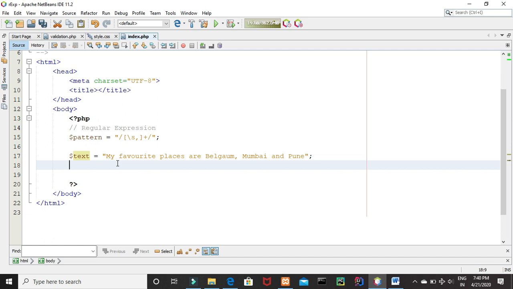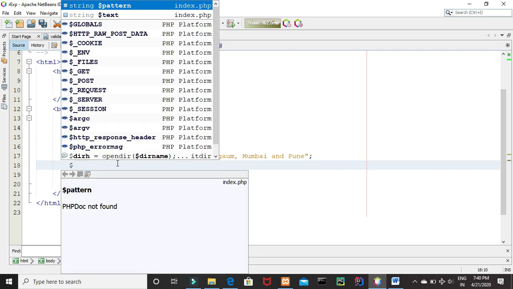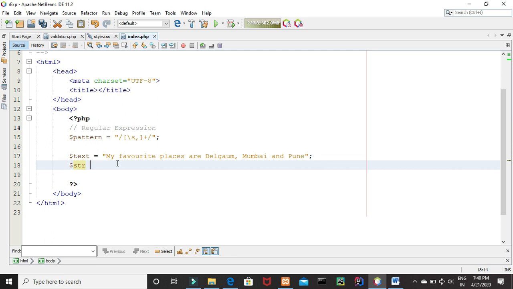Let's have one more variable, say string str, and I will use preg_split. Our pattern is here. So what exactly does it do? This regular expression will split the string at a comma, a sequence of commas, white space, or a combination thereof, using the preg_split function.